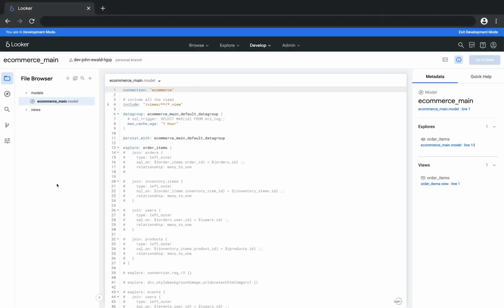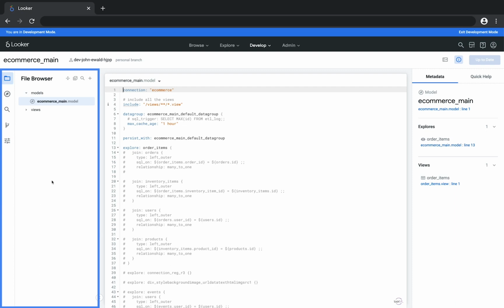This video gives a brief tour of the LookML editor, commonly referred to as the IDE. This is part 1 of 2, covering the left pane of the IDE. Taking a look at the left pane, the default view is of the file browser, with LookML files organized by